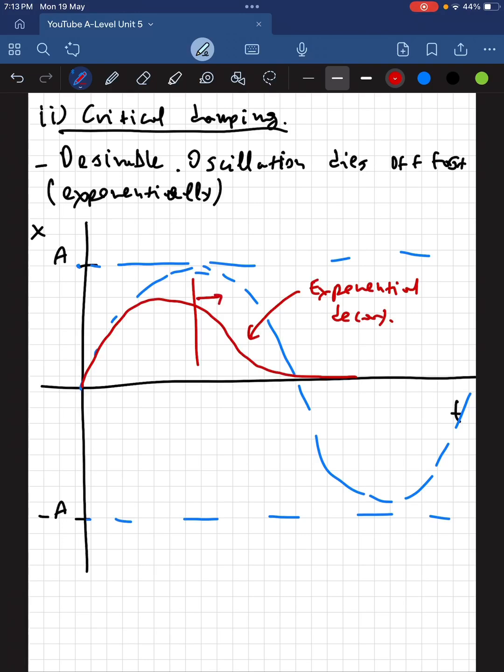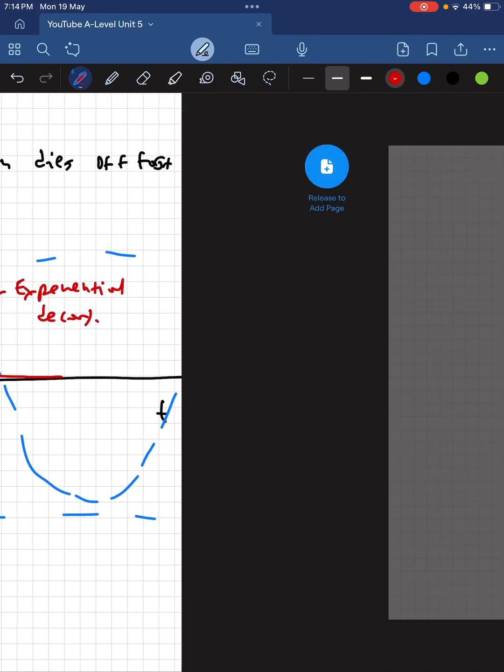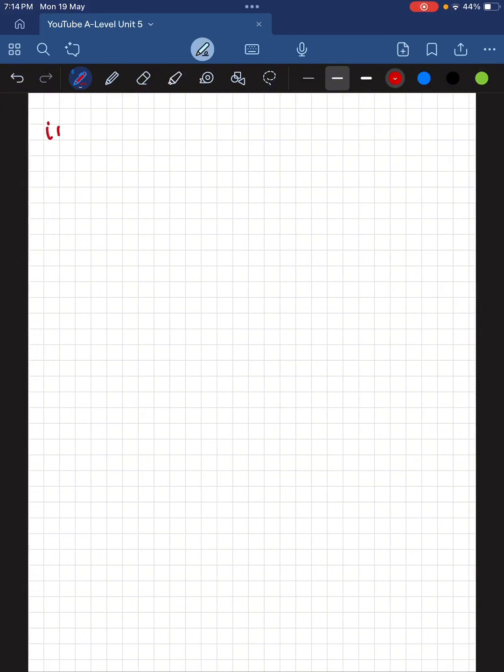I'm talking about this part. From here and to the right, we get an exponential decay, a fast decay of this oscillation. Okay, and this is desirable in cars, for example, where if you fall into a bump in the road, you don't want your car to keep oscillating. You want it to oscillate a little bit to absorb the bumping, I guess, but then you want it to go back to equilibrium pretty fast. And the third type,